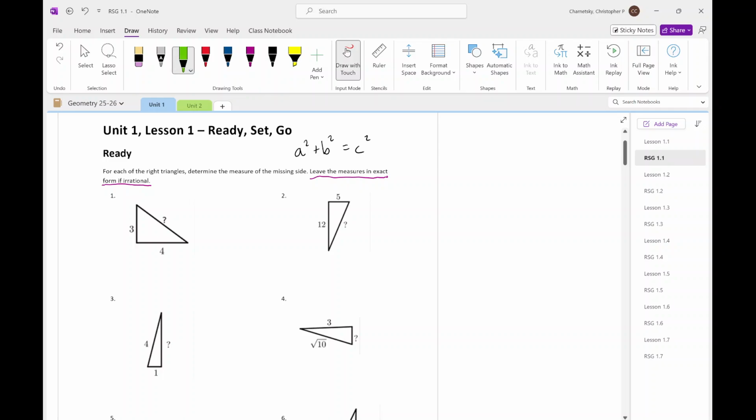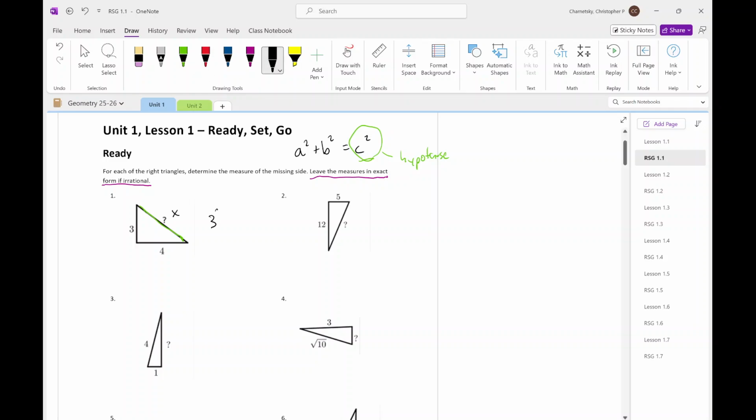Remember that C is the hypotenuse, so the longest side. So for example, in number 1, that is C. So the side that we're looking for, that X, that is our hypotenuse. So setting up Pythagorean theorem,